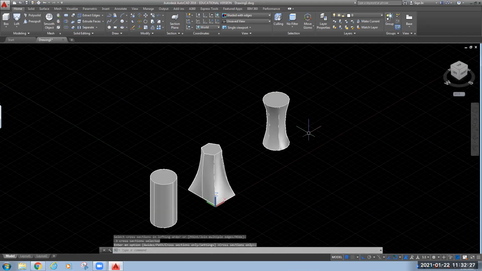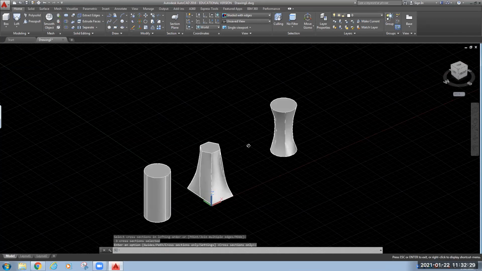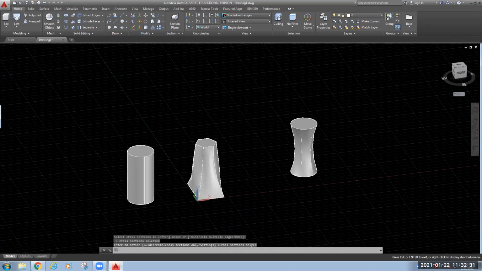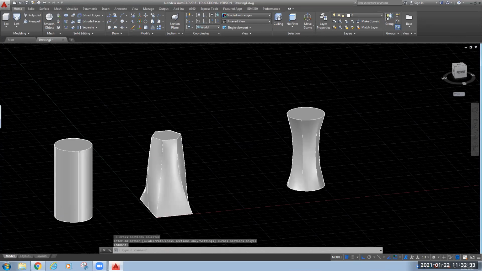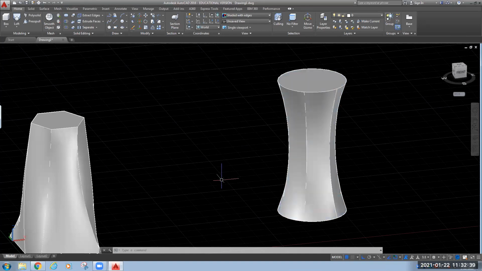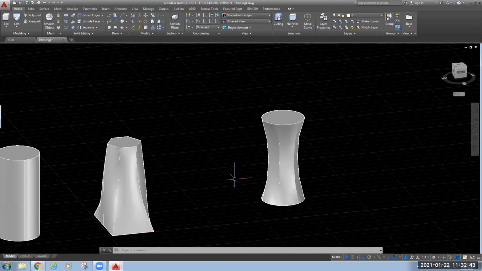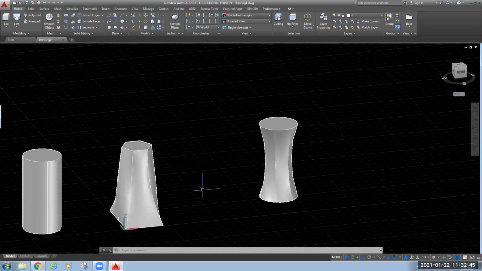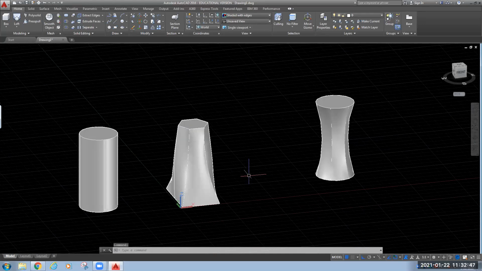So this is how you can draw geometries with different cross sections. Here you can see if you cut it at different locations, you will get different geometries or different profile planes. Okay, so this is your loft command. Is this clear to all of you? And I hope this is quite interesting also. You will love to practice this command.